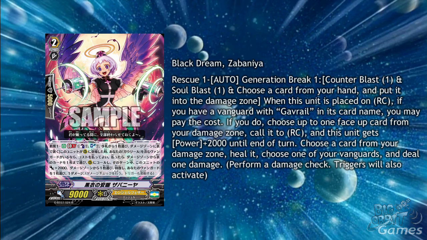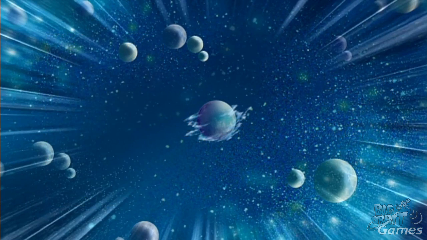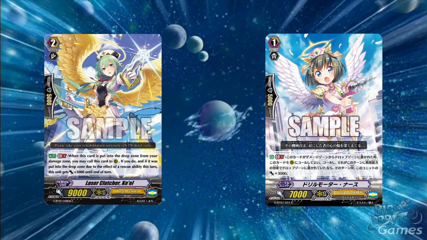And the rescue will also help with 2 new units. These 2 units are Laser Clutcher Kiel and Drill Motor Nurse. Kiel is a grade 2 and Drill Motor Nurse is a grade 1, but they both have the same effect, which is Generation Break 1. When this card is put into the drop zone from the damage zone, you can call it to rearguard circle. Then if it was put into the drop zone due to a rescue ability, it also gains 3000 power until